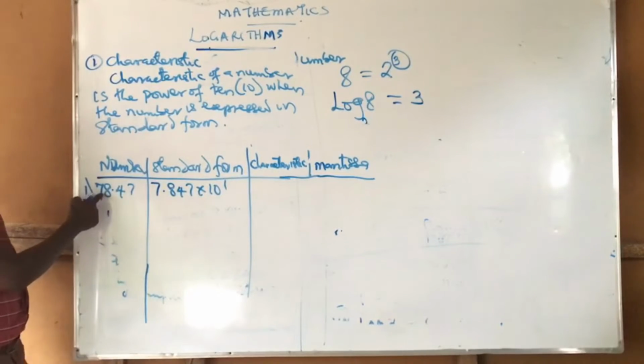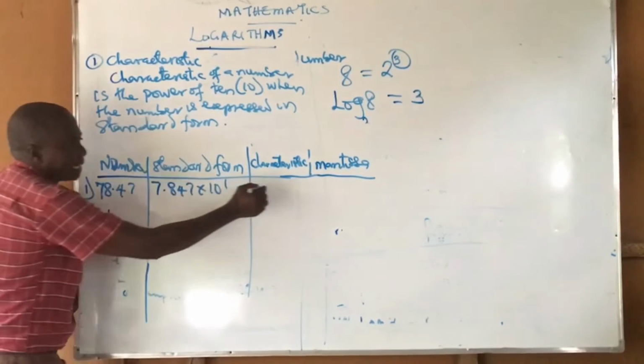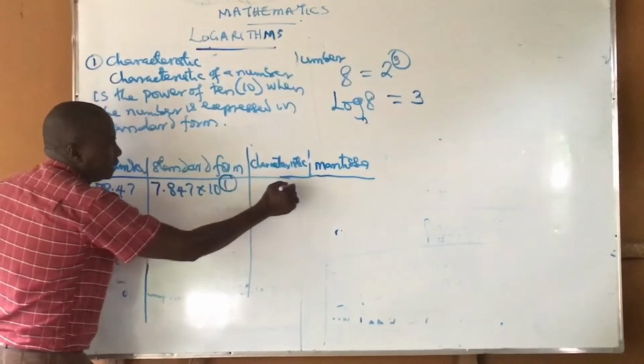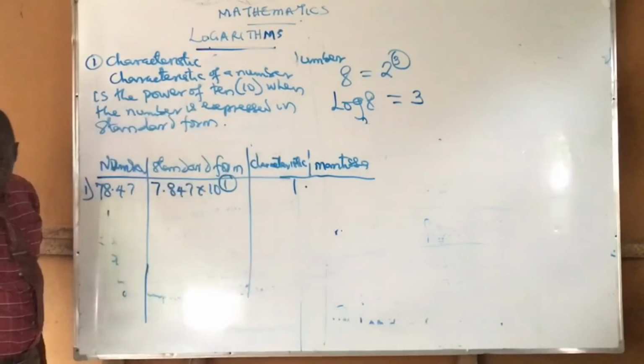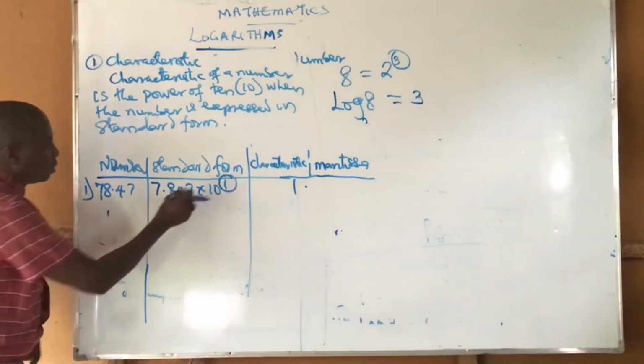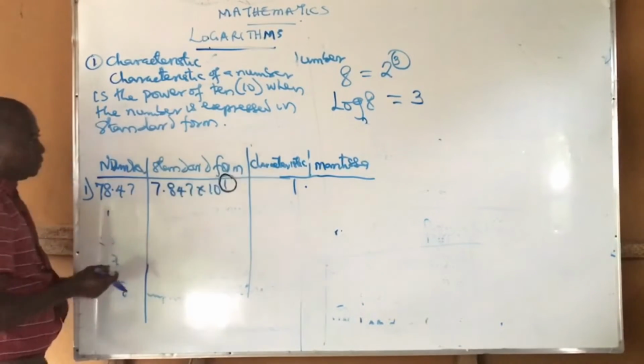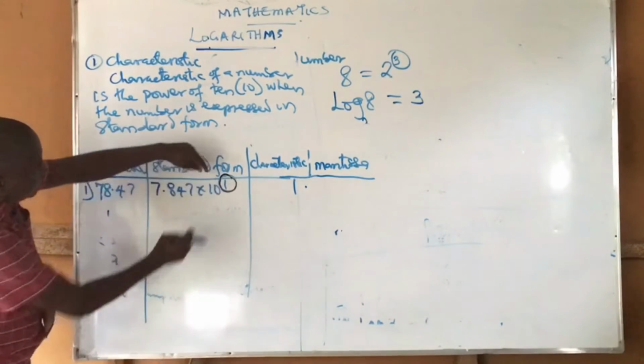The decimal point shifted backward once. Therefore, characteristics is the power of 10, 1 point. I have said characteristics is the power of 10, 1 point. Can we see? We pick this,